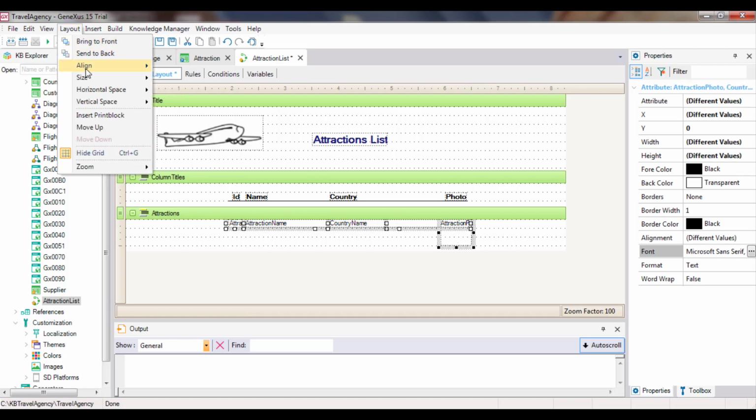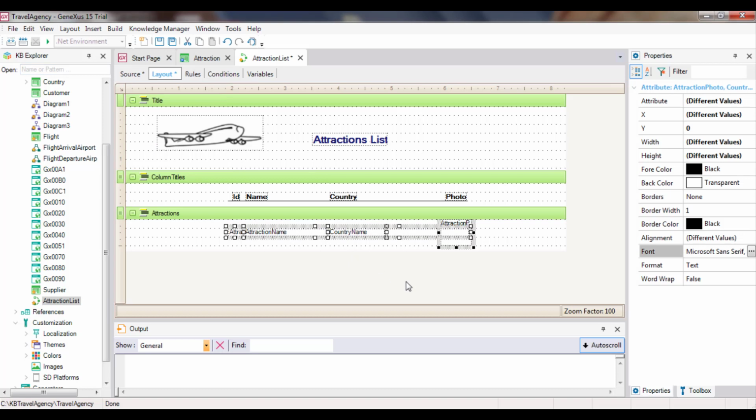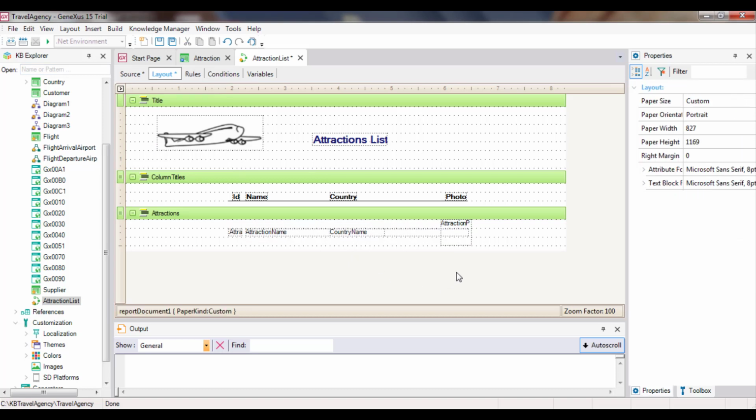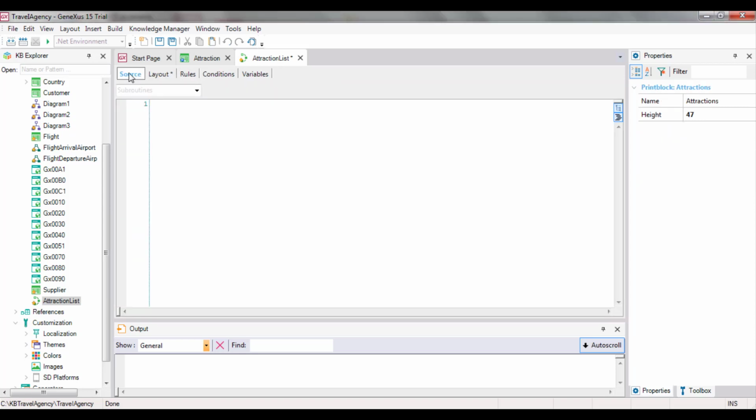Now, we have to type the necessary code to obtain the right information from the database and have print blocks printed in the order we want. Let's go to the source option. The first thing we want to print is the report title. So we type print title.